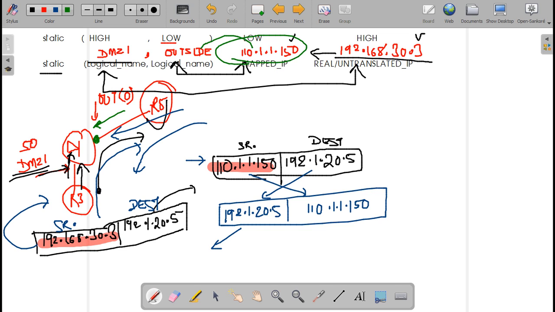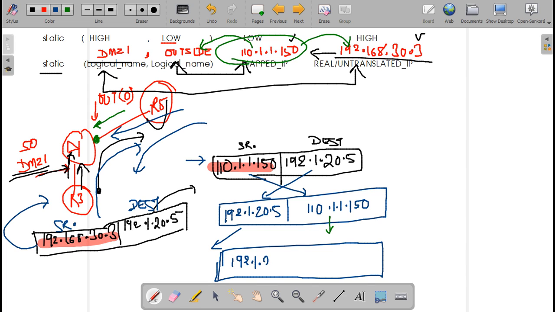And is the packet coming on the outside interface? Yes. So this IP here will be changed, and your packet will be changed. Okay, so your packet will become this. This will remain the same, but this will be changed to the corresponding IP, which is this. So this will become